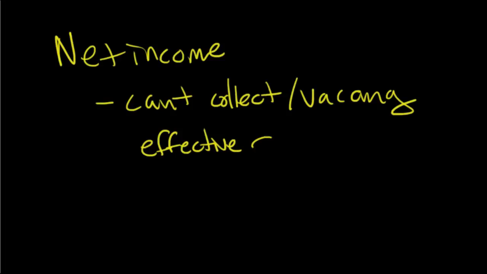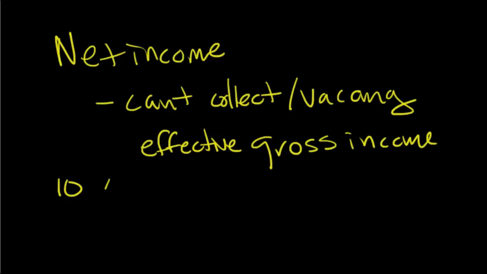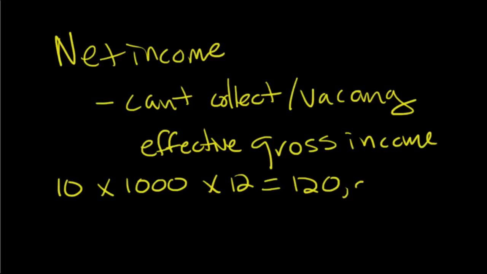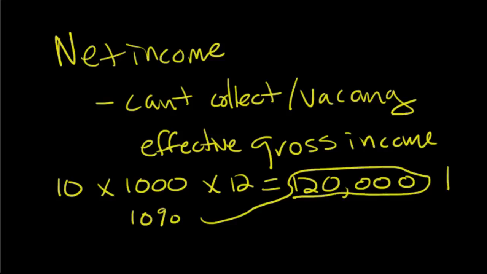So if you take your apartment building and multiply the number of units by the number of months, you'll say, okay, if we've got a 10-unit apartment building and every apartment rents for $1,000 a month, and of course times 12, that would be $120,000. That's a pretty easy one to do, right? Except for the fact that if we're running a 10% vacancy rate, that's a problem. This number is going to be lower, obviously.